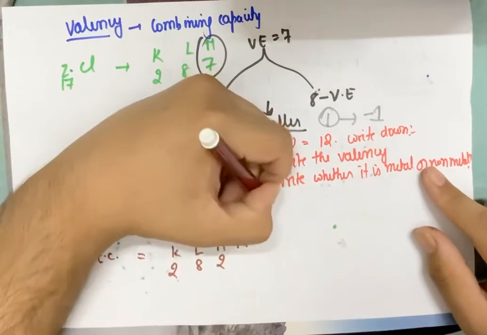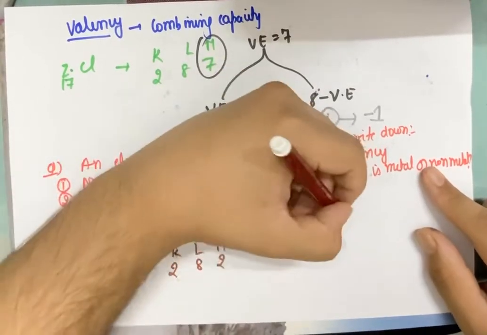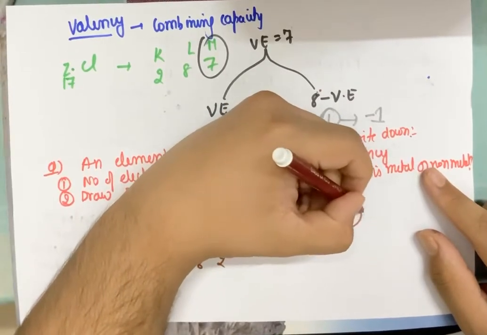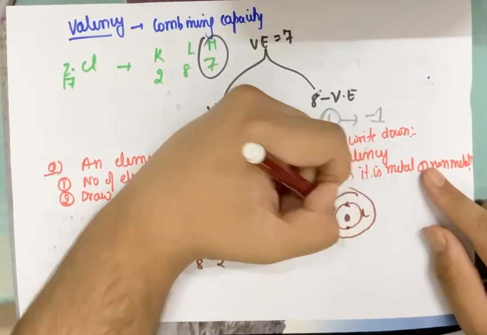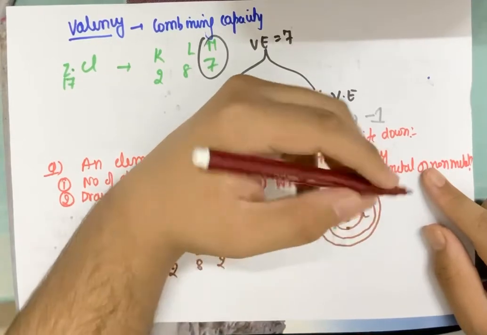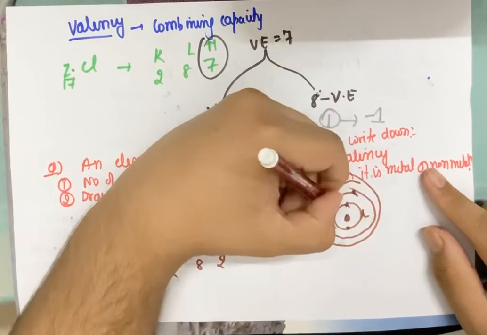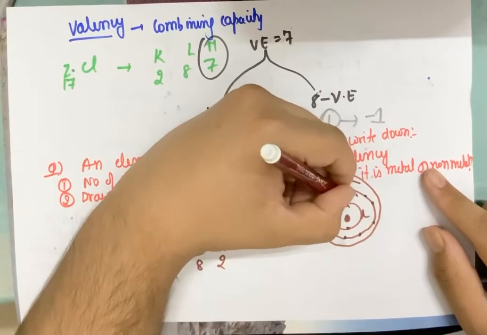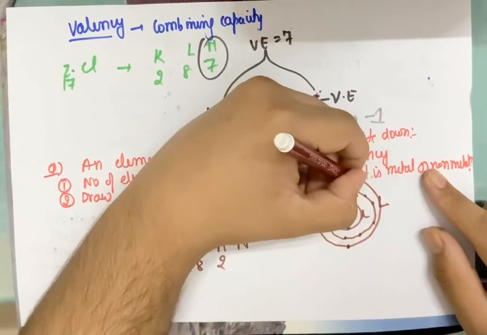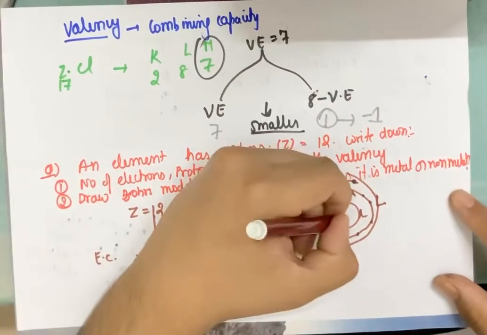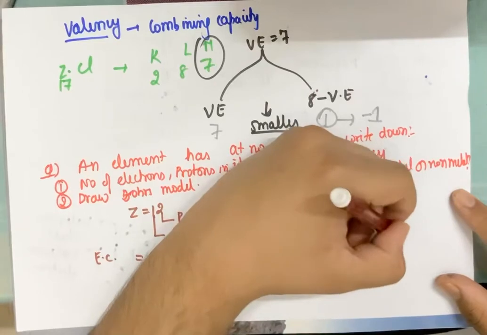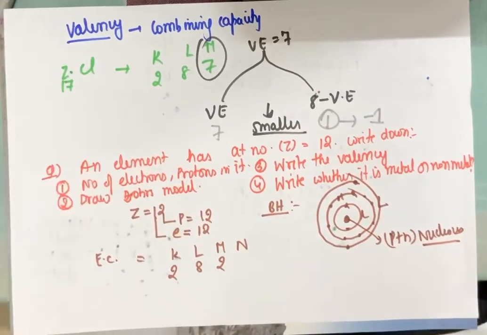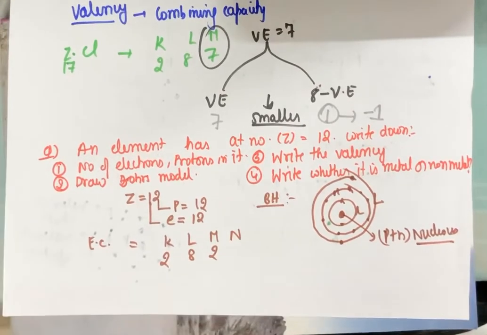So what will be the Bohr's model for this now? The Bohr's model is, this is the nucleus, P plus N, K shell, 2 electrons, M shell में जाओ और L shell में भी जाओ. M में कितने हैं? M में 8 है, 1 2 3 4 5 6 7 8, ये M shell है, और L में कितने हैं? 2. Okay, so this becomes your Bohr model, and this is your P plus N, which is your nucleus. Mark the nucleus and the shell in the atom to make the answer complete.